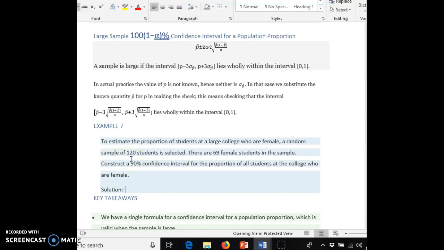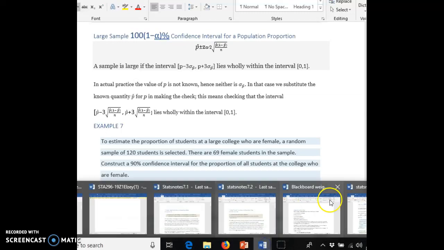We want to estimate the proportion of students at a large college who are female. A random sample of 120 students is selected. There are 69 female students in the sample, and we want to construct a 90% confidence interval for the proportion of all students at the college who are female. All right, so let's first open up